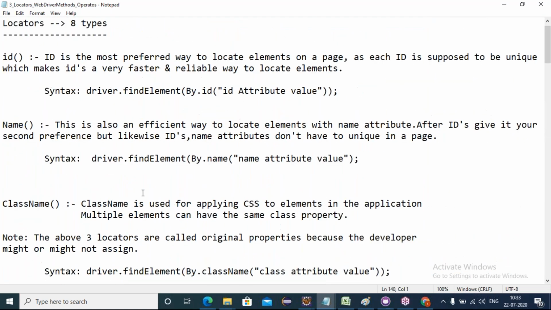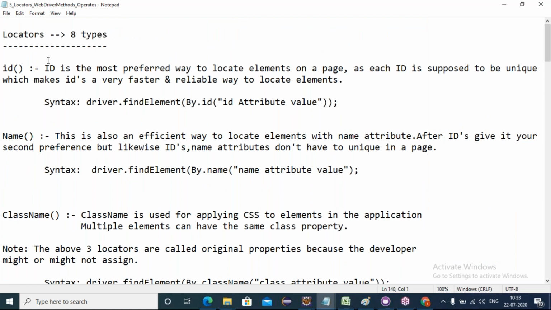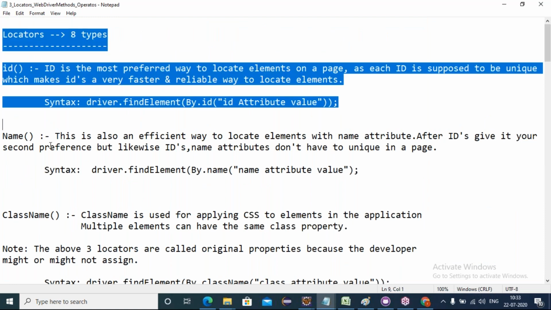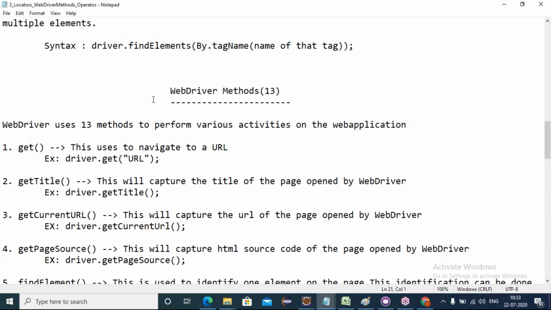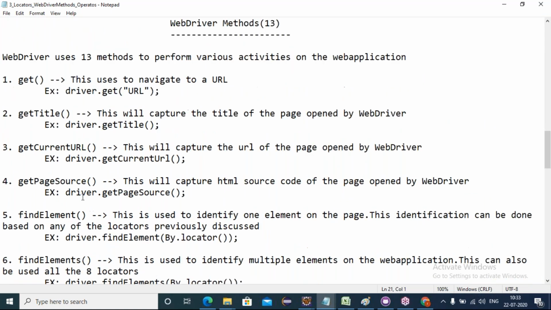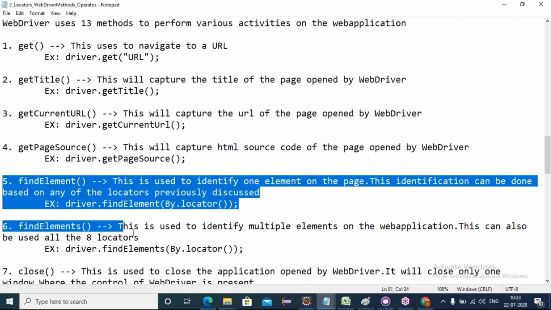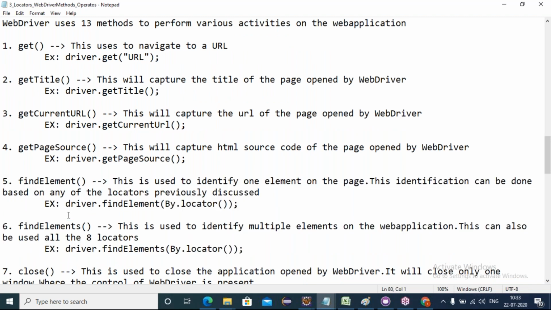And here we came to know today that in total we have 8 locators, in order of priority. We have also seen the WebDriver methods. The WebDriver methods we use to find elements are find element and find elements. If you want to interact with a single element, we use find element. If you are interacting with more than one element, we go with find elements.